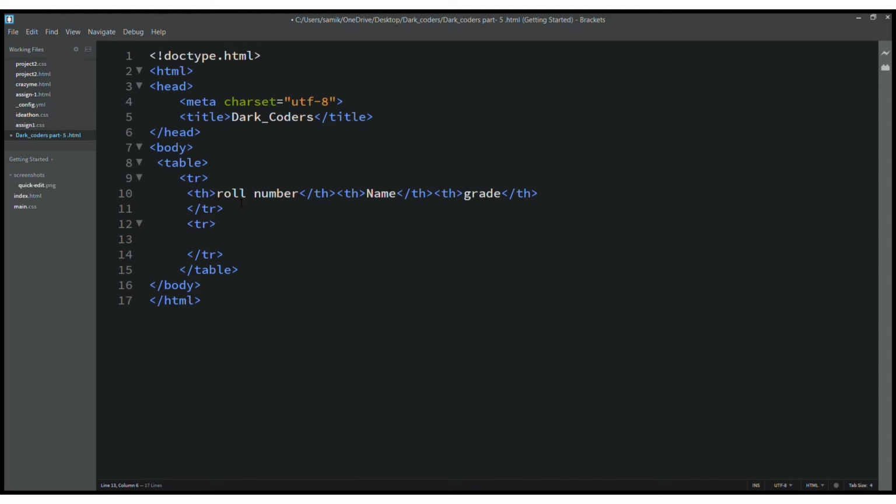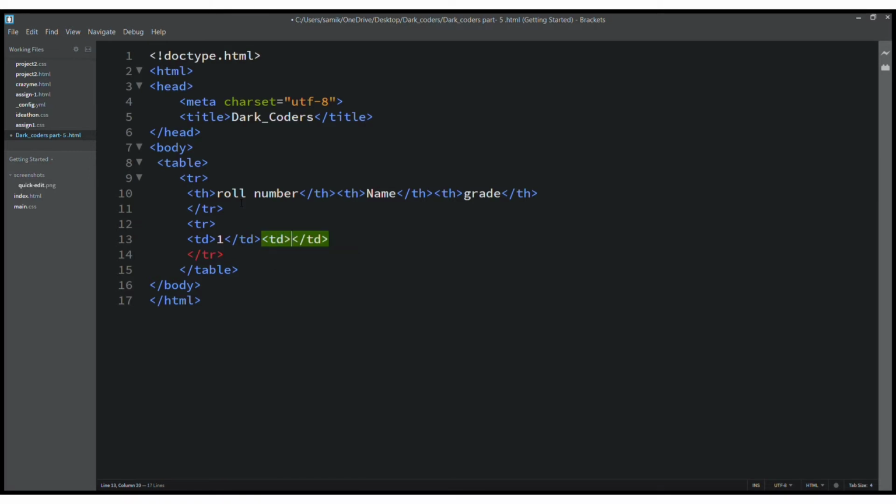Now here first we'll give the td tag, which will hold all the information we want to display under roll number, name, and grade. So here I will give the td tag in between the tr tag. After the td tag I will give 1 and the end of td, and after that one more td.